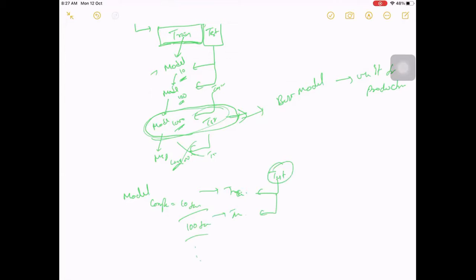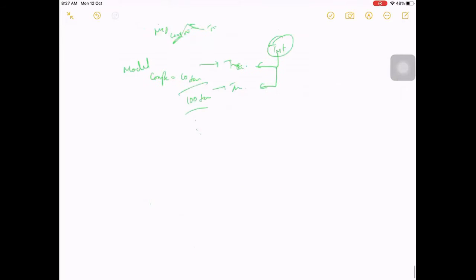So to avoid this scenario, we will have one more split. Previously we had this test and train, let us say. Again in this train, we will have one more split. We call it validation.